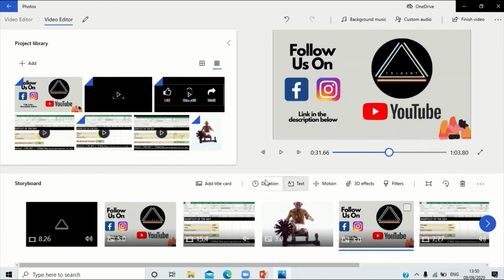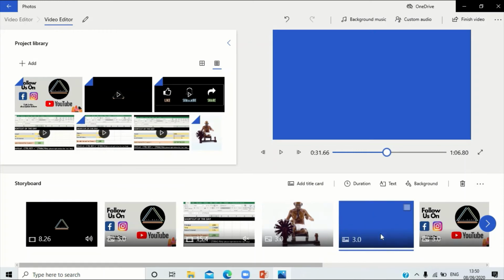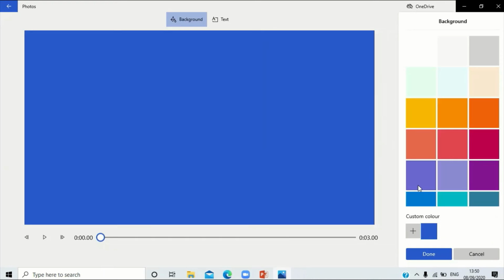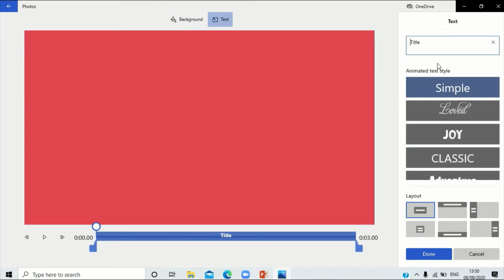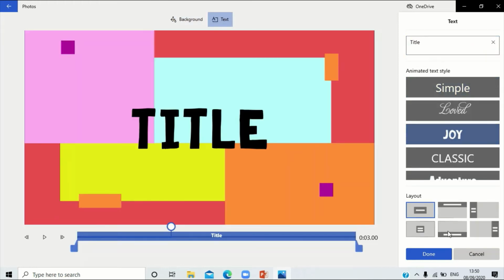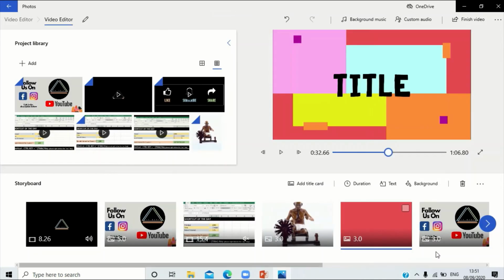And after exploring all of this, let's move on to the title card option as well. The title card gives you a blank screen in the middle, and maybe you can add text on that, or whatever you prefer. You can add text or change its background color. You can customize its color and add text to it. This time you can go with this one and maybe just click on OK. And now you see it comes like this.